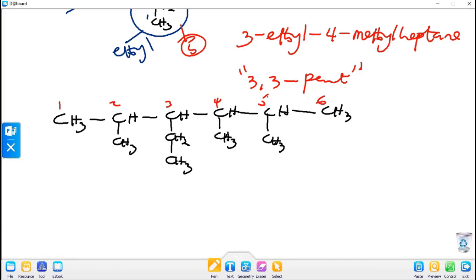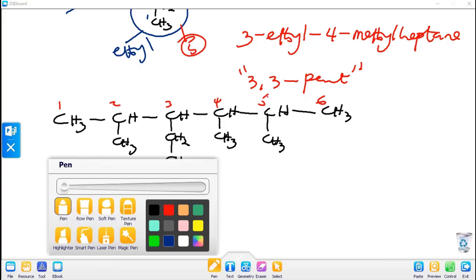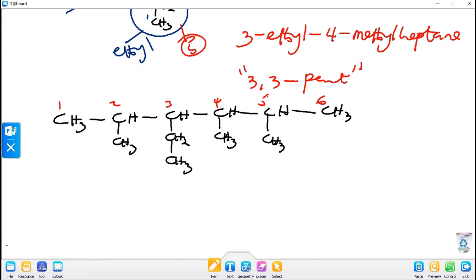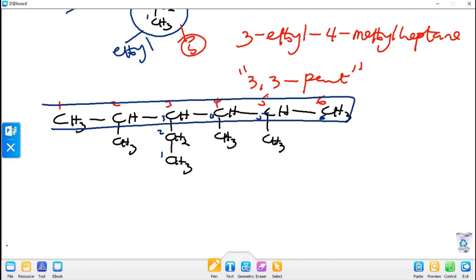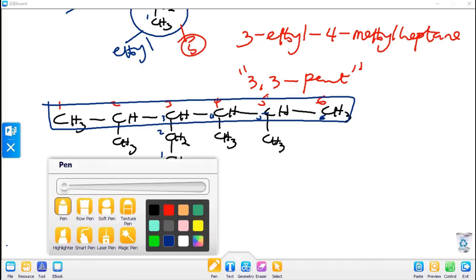But if we choose also to go with a bend, beginning from 1, 2, 3, 4, 5, 6, we're also having the same numbering scheme, that is 6. So we can choose to simply go with the straight chain. The straight chain is the longest continuous chain, and let us go with it. So looking at this, it tells us therefore that we have